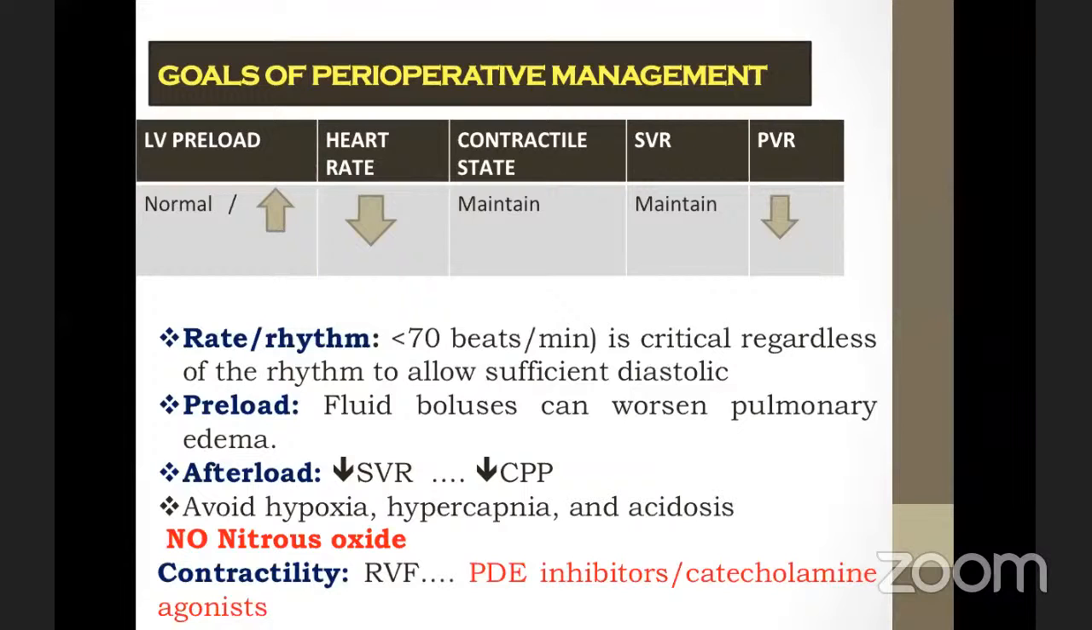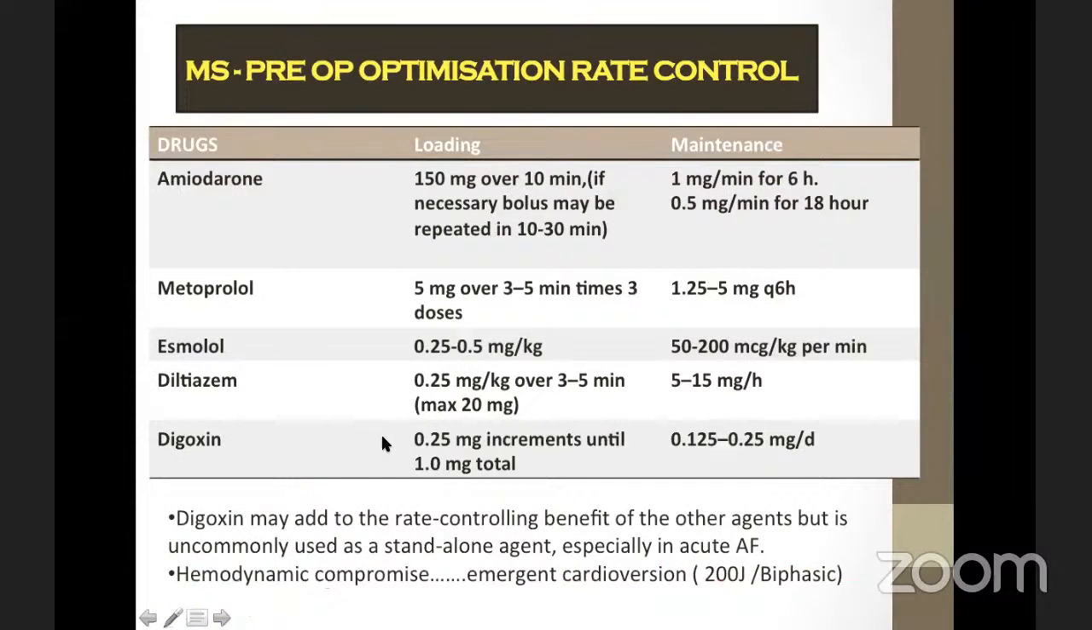Suppose a patient is unstable and the contractility is hampered, and there is a feature of right ventricular failure at the same time, you can start some phosphodiesterase inhibitor like milrinone or dobutamine inside the operating room at the same time. And if the patient is having